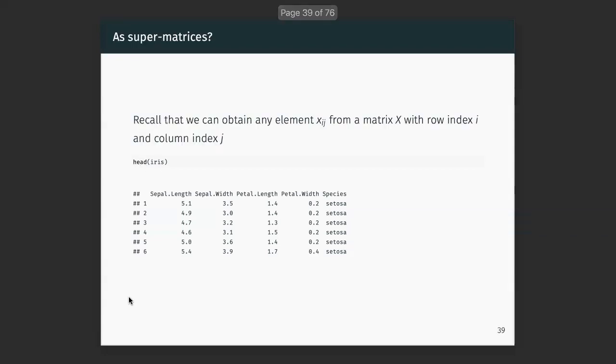Okay. So a data frame is a super matrix, right? So we can obtain any element x_ij from matrix X. And again, a matrix will typically take on a capital letter, so in this case, capital X. And then our row and column indices will typically be represented as i and j. So x_ij is how we can represent an element from the matrix X. Little x for an element from matrix big X. Yeah? Okay, so what is iris